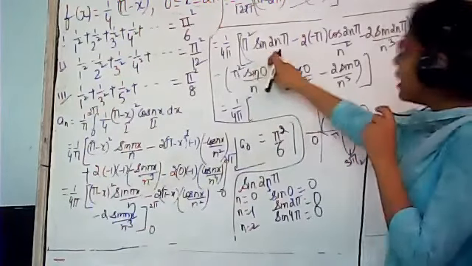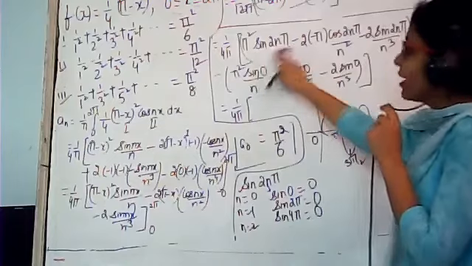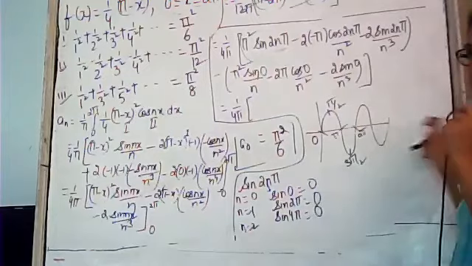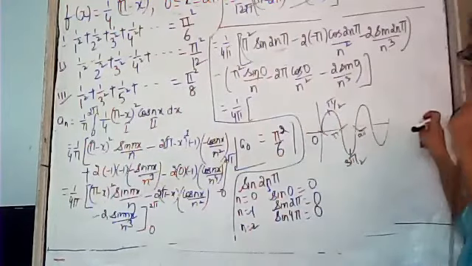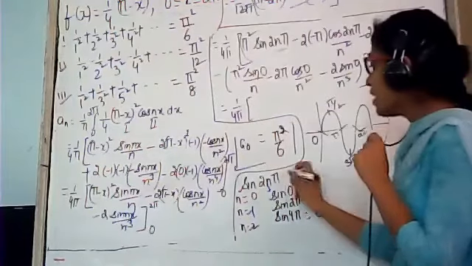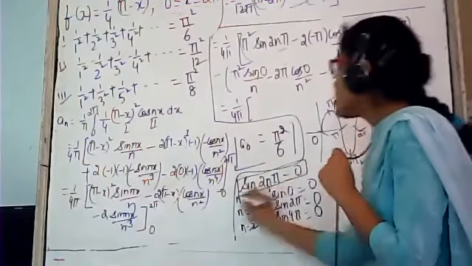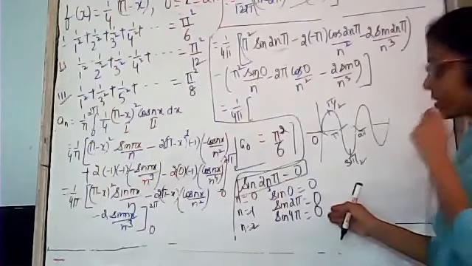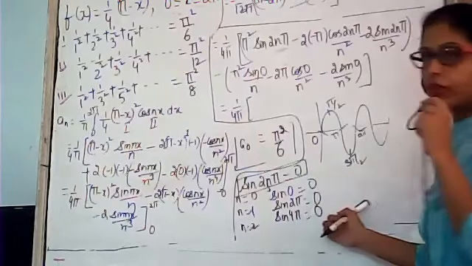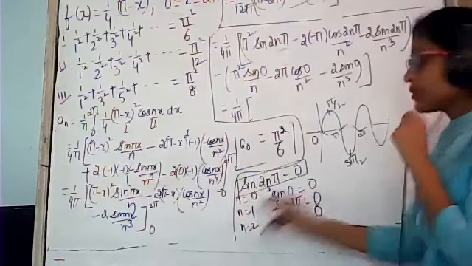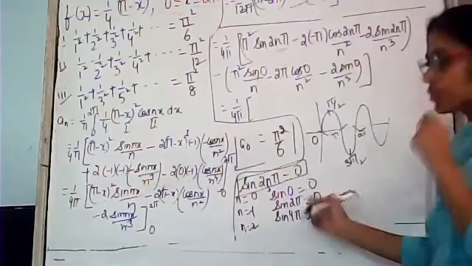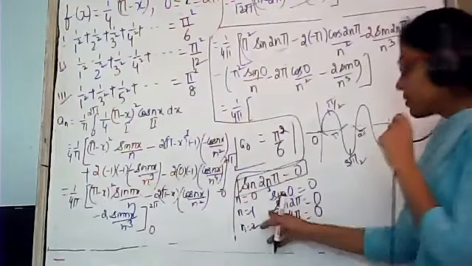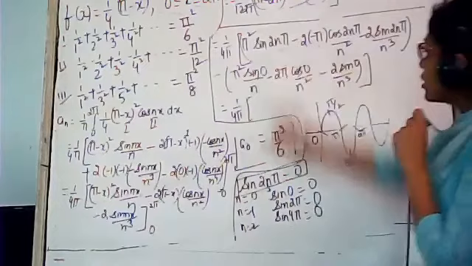Beta, is it clear? For all the even multiples of pi, the value of sine is 0. Sine 0, 2 pi, 4 pi, 6 pi, 8 pi, all the values lie on the 0 line. So its general value, sine 2n pi, is equal to 0. We can derive it like this. You can note it down, beta. You have to remember this. If you don't remember, you can substitute the values. First of all, put n equal to 1, n equal to 2, n equal to 3, n equal to 4. For every value, we will get some even multiple of pi, and for all the even multiples of pi, the sine value is 0.